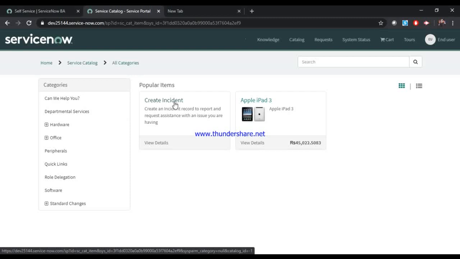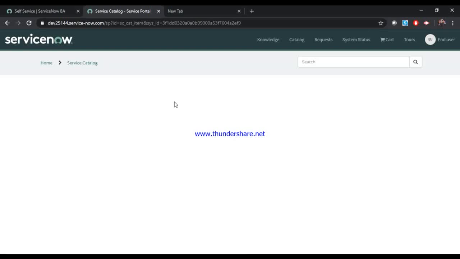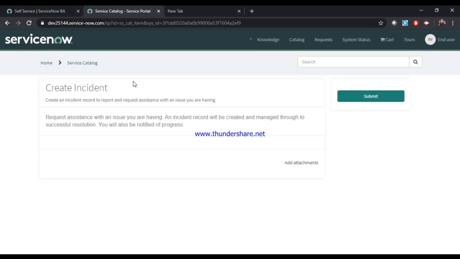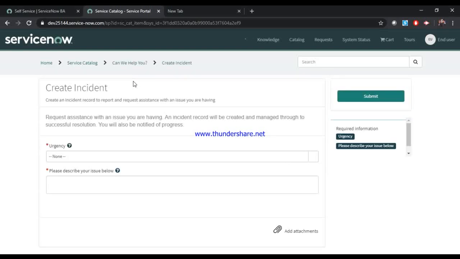and I'll provide all the required details which are filled in by the end user to raise a ticket or incident. One thing we have to note here is that how the major incident management procedure works is totally based on the customer. What things they want to include and what they don't want to include totally depends on the customer. So these two are the mandatory fields.